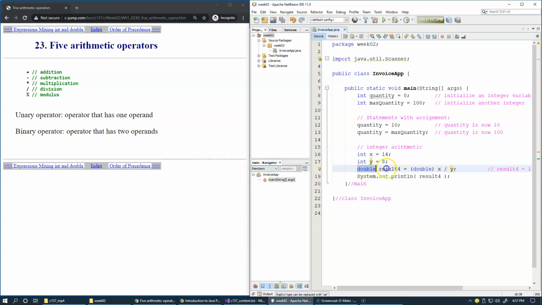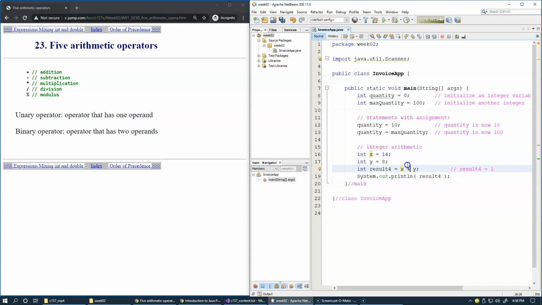So if we go back to an integer version of our result-of-the-division example, recall that we said two integers divided yield a result that throws away the remainder of the division. And so the modulus operator right here, which uses a percent sign, or remainder operator, that's its second name,